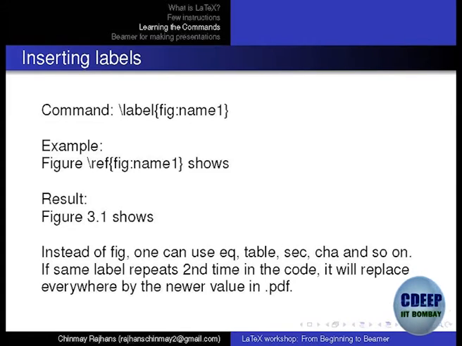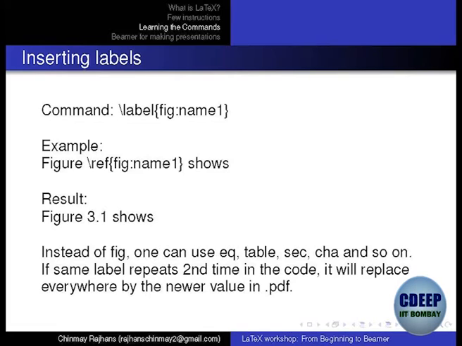And so when it compiles and runs this, you have to run it 2 times for a very good reason. The first time it compiles, all it will do is make an index of all these label commands, saying wherever my labels are. Because whenever the first label has come it has to put 1.1, the second label has come it has to put 1.2. So the first time you run it, it will create an index of all these label things wherever they are, and it will assign the numbers, but it won't put them in the PDF.